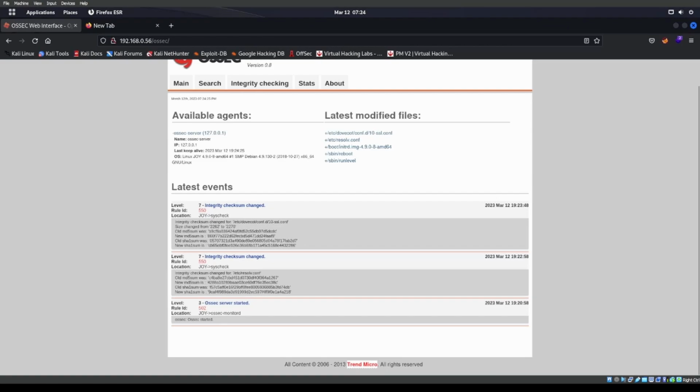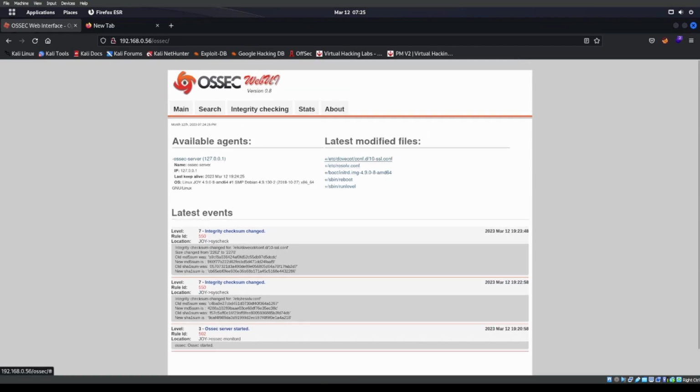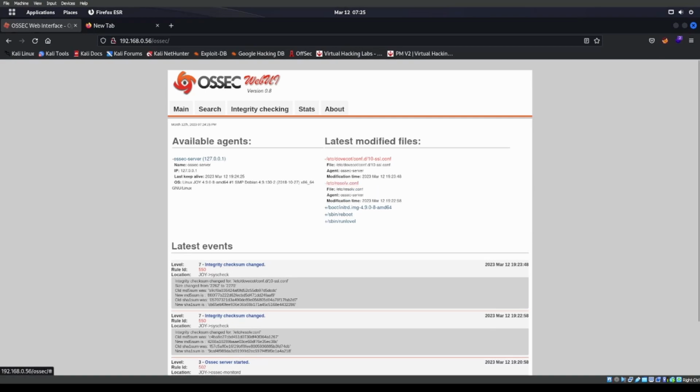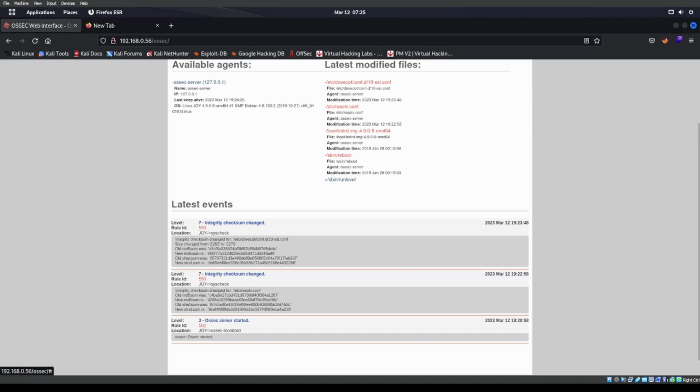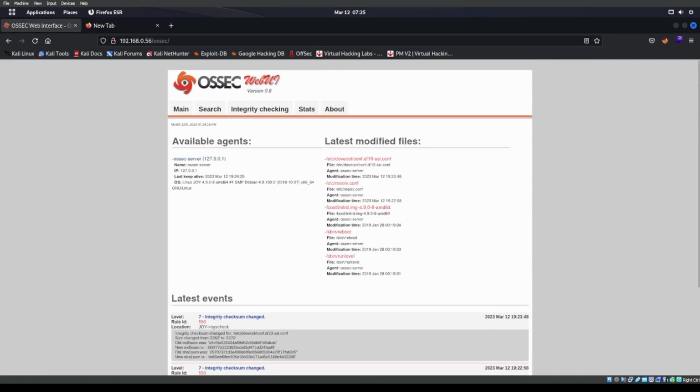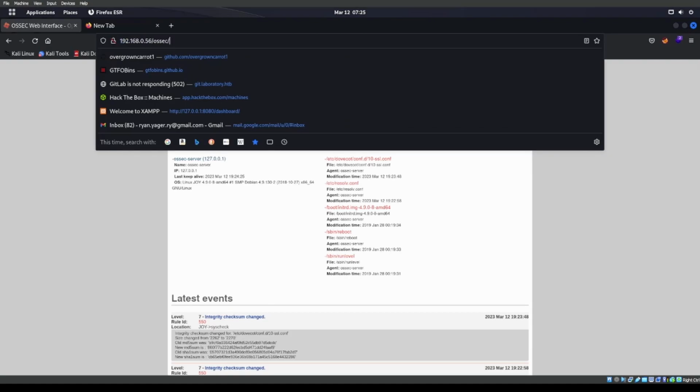We got stuff like right there. It's showing it's not Windows. /etc/resolv.conf. It's not Windows. Integrity checksum. Syscheck. Okay. I feel like we might have LFI, and this is giving us some good hints on like where our stuff will be at. But let's go ahead and see if we have anything for